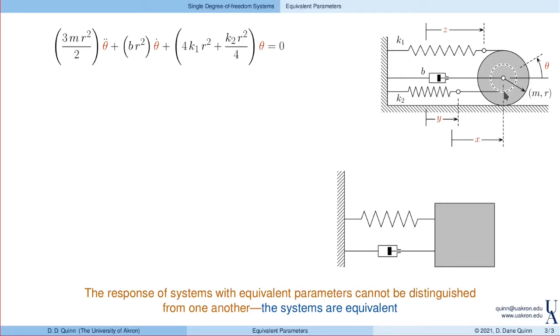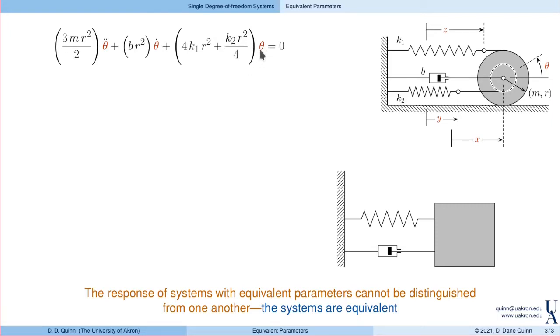There's an inner hub and a spring of stiffness K2 is wrapped around that inner hub, and then a linear damper is attached to the center. I would refer you to the previous lectures for how to go through and model this and develop the equations of motion. But when we did, we found that the equation of motion took the following form: 3mr squared over 2 times theta double dot plus this term and then this term, which has both K1 and K2 in